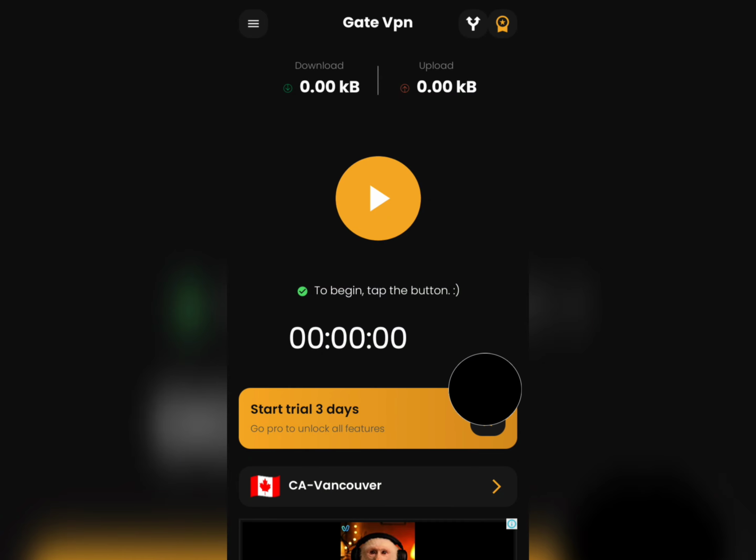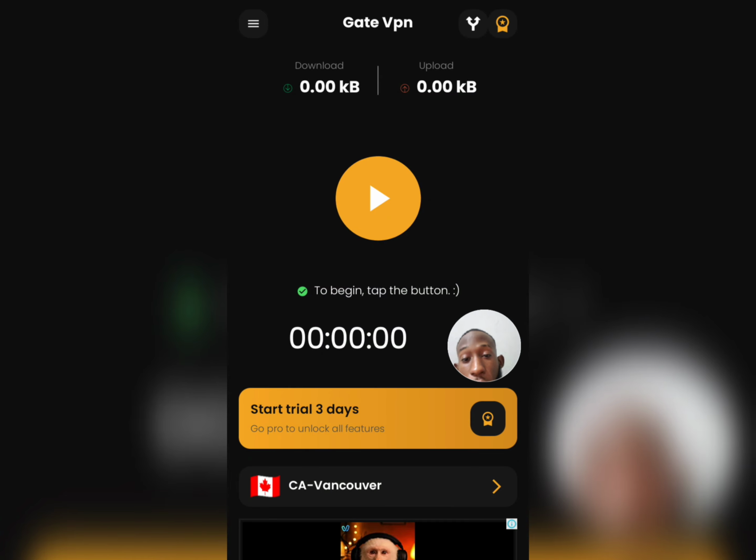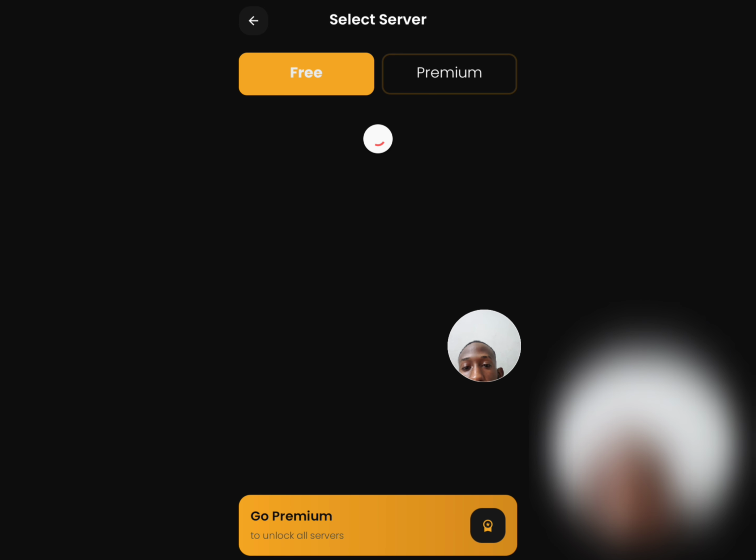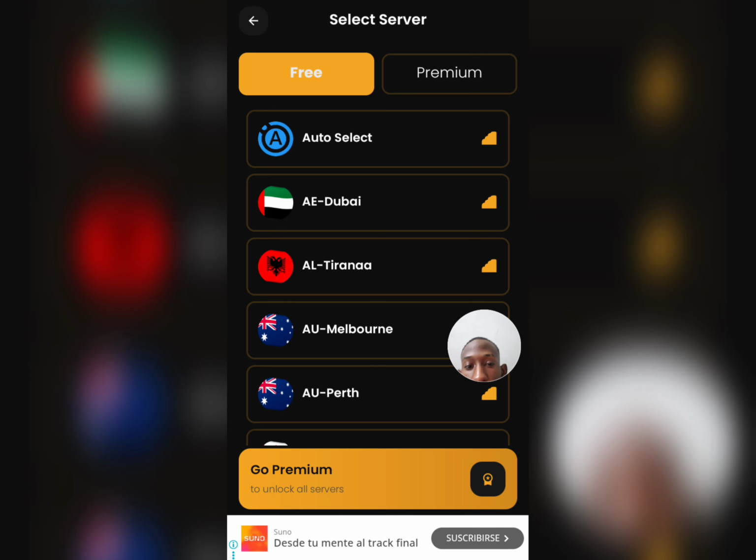This is pretty much the home screen of the application. Very easy VPN application here to use. So down here you have the server section. You can tap on this option here to go ahead and select your free servers which you would